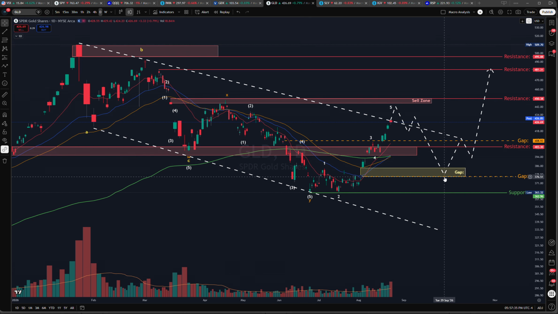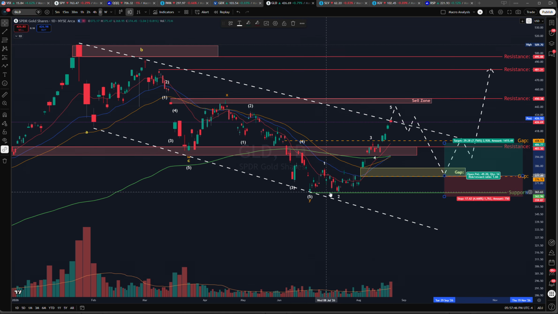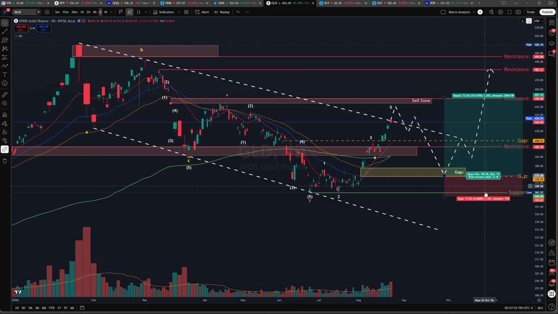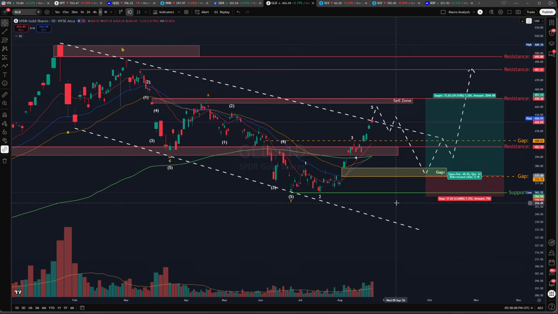And if gold comes down here, this is my buy. This is where I'm buying gold. The way I would manage gold is I'm entering my position here. I have my stop. If we break support, that means you're creating a new low. But the upside potential here again is huge in gold. That's a 4-to-1 risk to reward ratio. Every trade I take, the reward has to be a lot more, at least 2-to-1 risk to reward ratio. And even if I'm wrong on this trade, I'm okay with it because the risk to reward makes sense for me to take this trade,